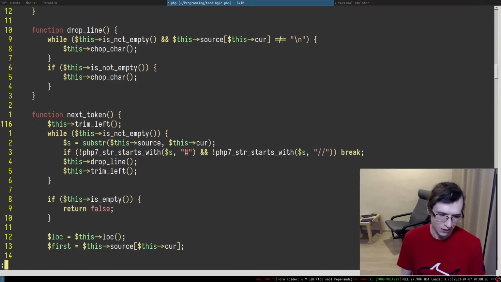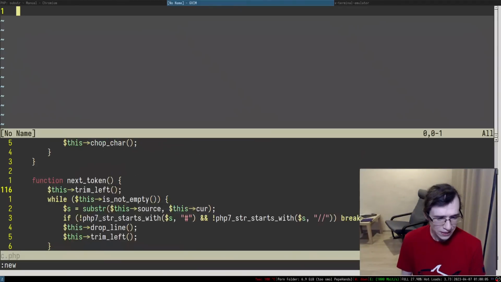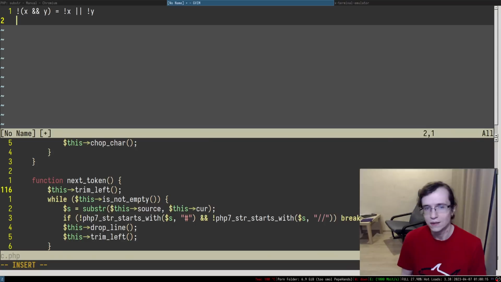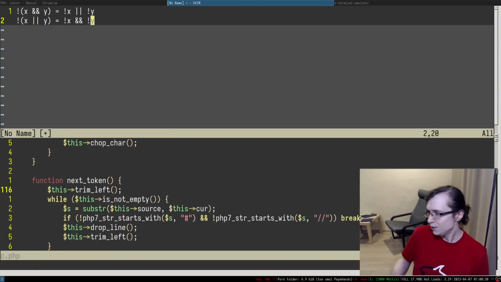So essentially, right, so I can write it like that. Maybe can I use new? Oh, I can create a new thing in here. So basically, not (x and y) is equal to not x or not y, and the other way around, right? Not (x or y) is going to be equal to not x and not y. So that's the De Morgan law. Does anyone still remember this entire stuff, like how you can transform these kinds of things? Because I feel like in 2023 nobody gives a shit already.